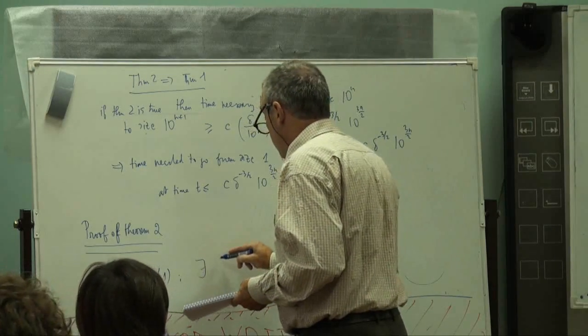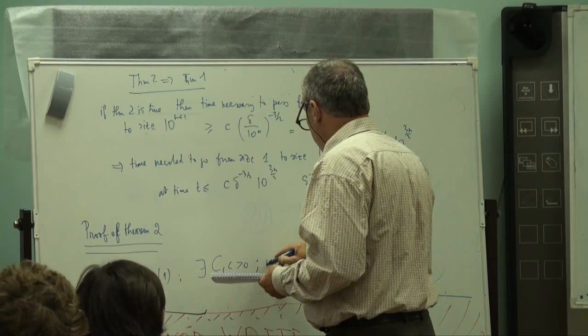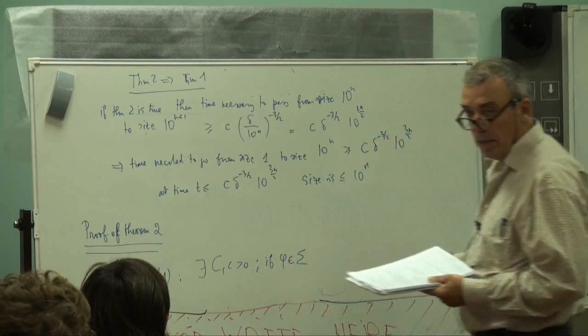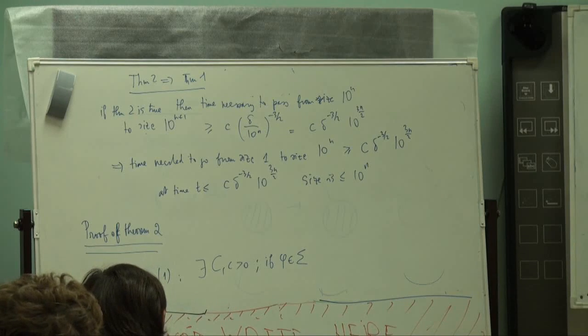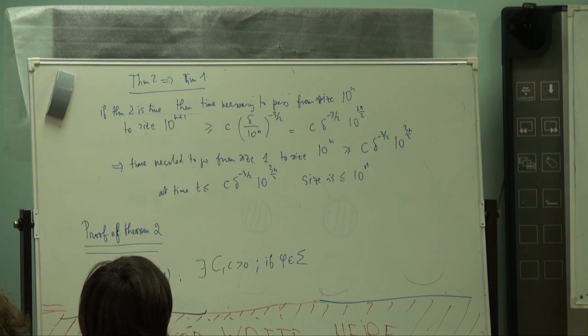There exist capital C and small c positive, such that if phi is in sigma, where sigma is the class of functions which are injective outside the unit disk and normalized by phi prime of infinity equal to 1,